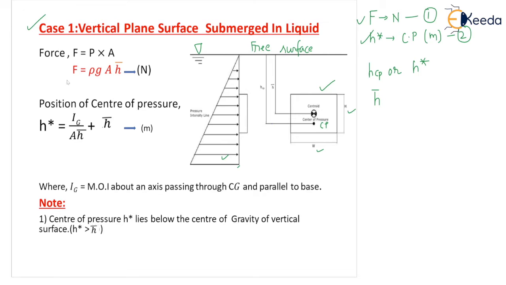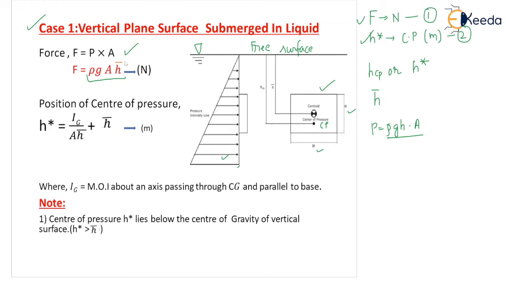So look at this, how to find force F. The force F equals the general formula, pressure into area, correct? So what is pressure? Can we write pressure equal to rho g h? Correct. Pressure can be written as rho g h. So the question is, sir, which h will we write? Rho g h, pressure into area, rho g h into A, that is what is written here, rho g A h.